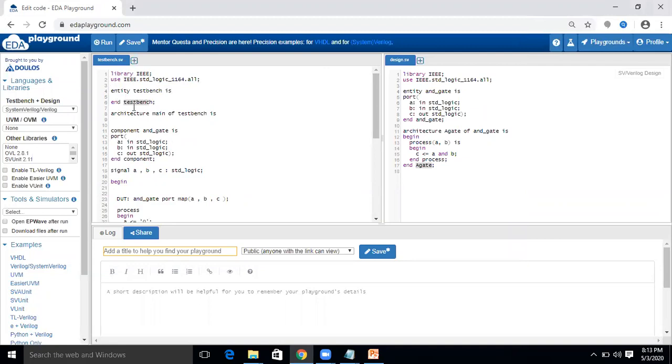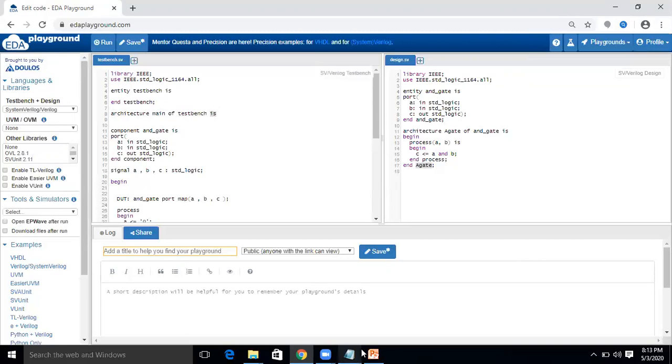Now once we create the empty entity, we use this entity name in the architecture. So we define the architecture for our design. The structure is the same as we have used in the design part: architecture, name of the architecture, of, the name of the entity. Now here I have used the name main. You can assign different names for this architecture. Then the keyword of, then the name of the entity. Here testbench is the name of the entity, then the keyword is.